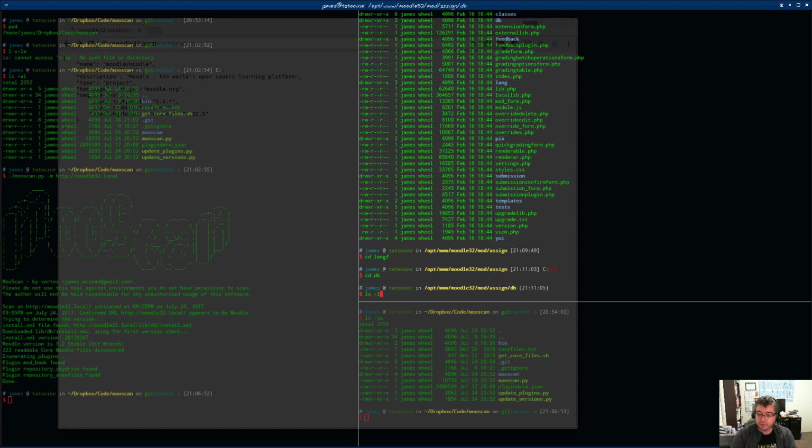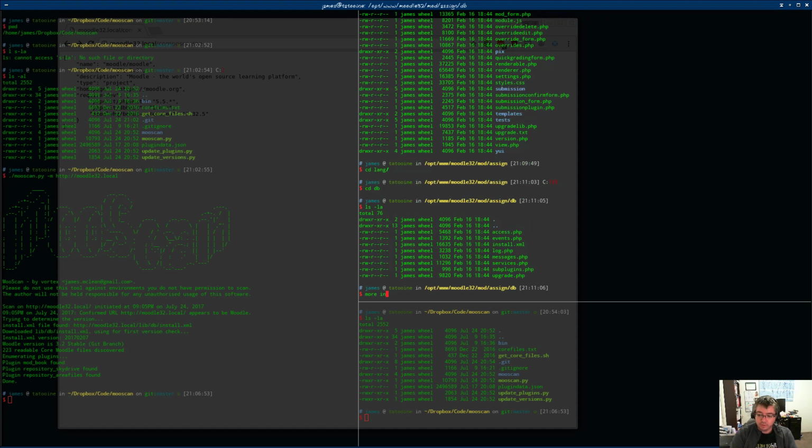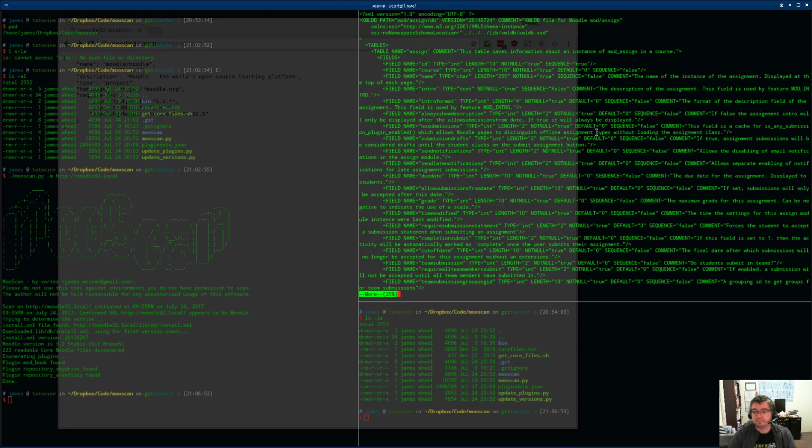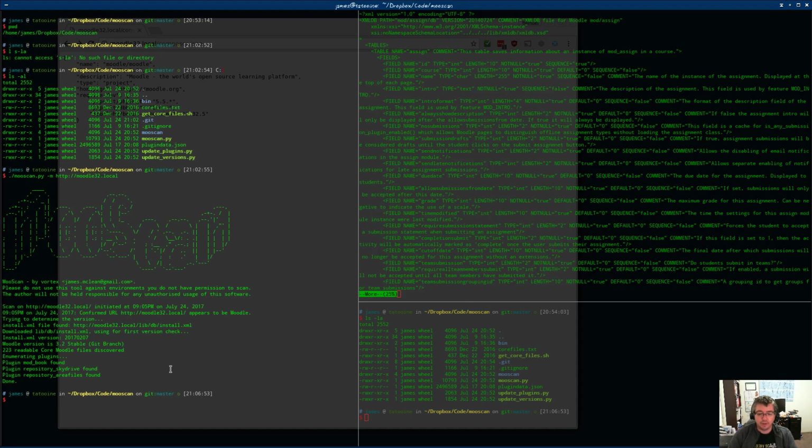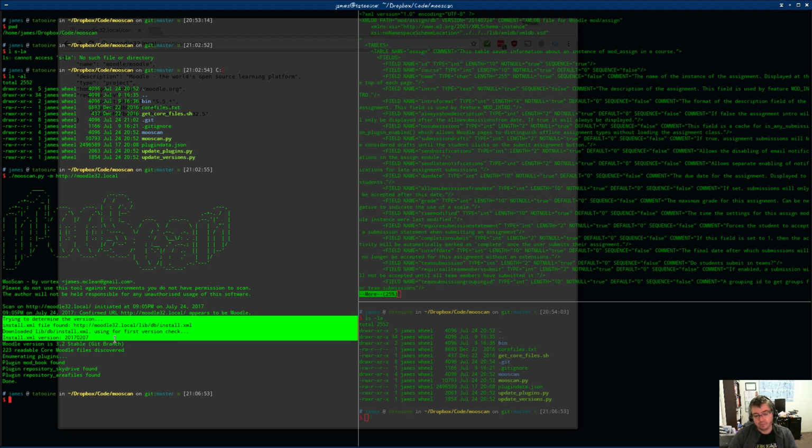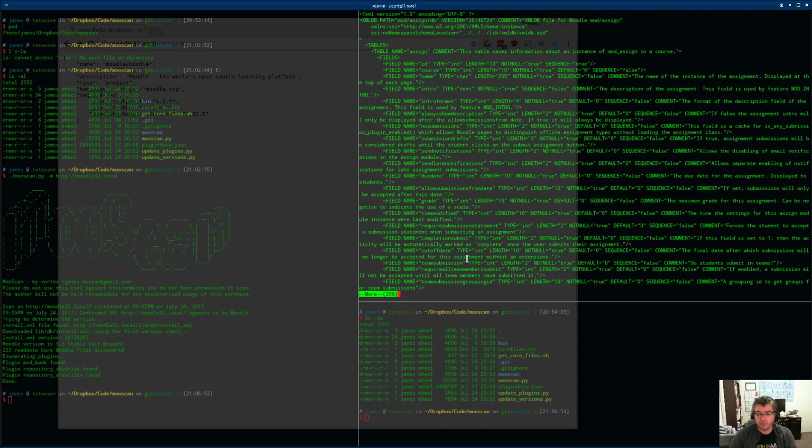For example, in this one, you see install.xml, and there's a number of those strewn all across the file system, and each of them have this version parameter in them. So that's another thing that I'm implementing into my scanning tool, which you can sort of see I have implemented a little bit of already, because the core Moodle itself